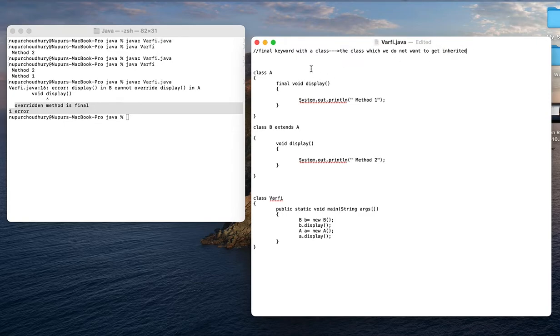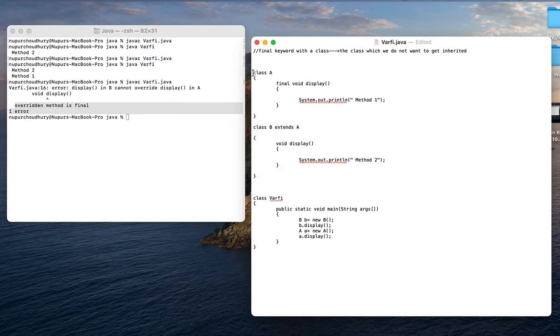So what I'm trying to do is I will be simply associating these two classes here, and the second class which is extending A is written here.